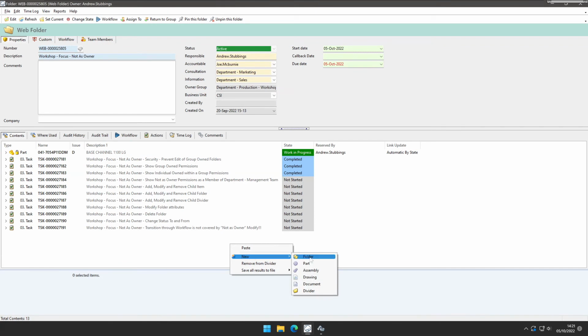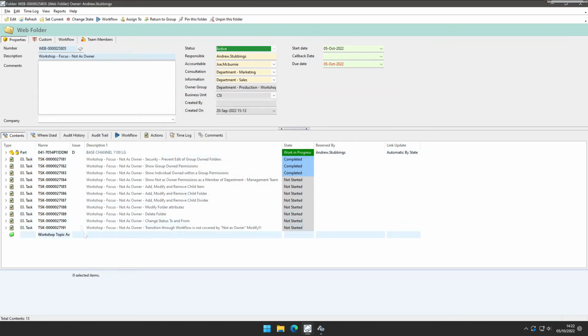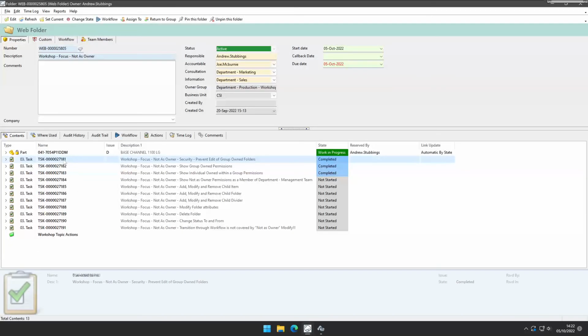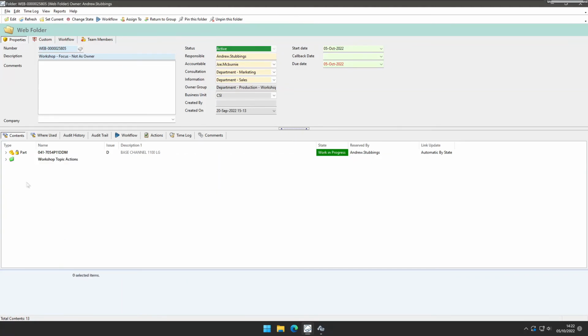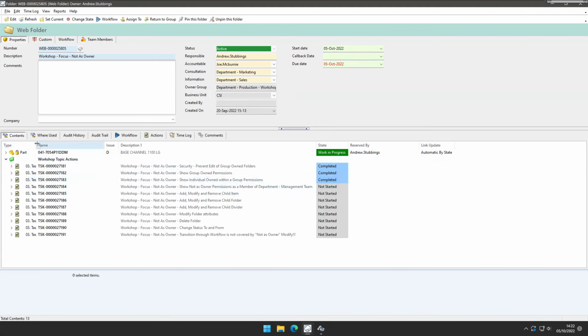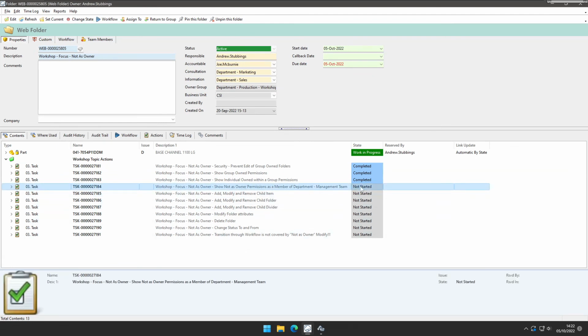Okay, I can also add a new divider. So this is basically workshop topic actions. Okay, I tend to use green for my dividers. I've added a divider like this, and can I modify the children and put them in there? Okay, so not as owner permission,